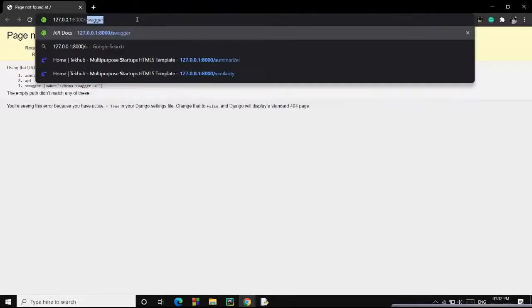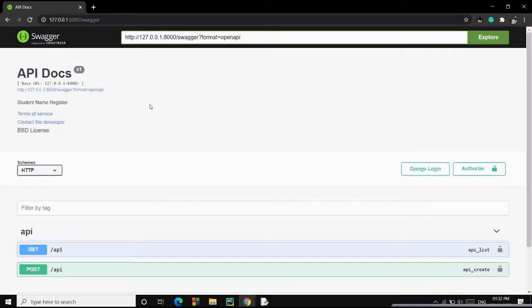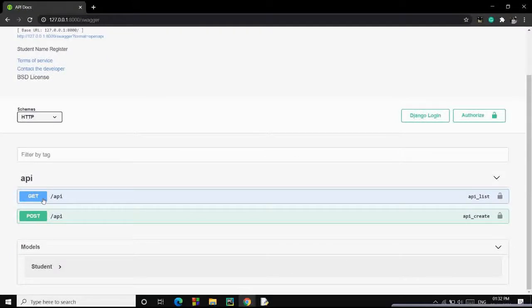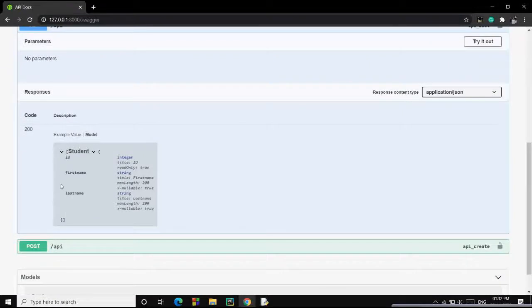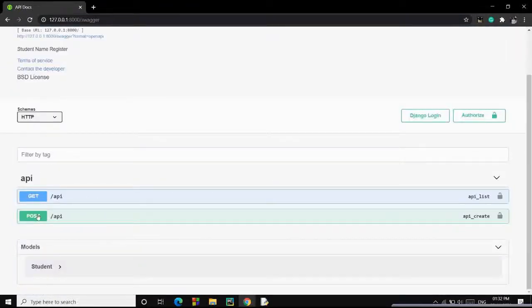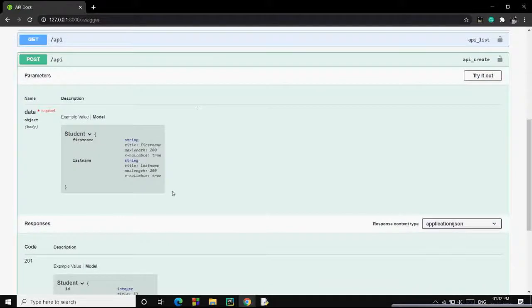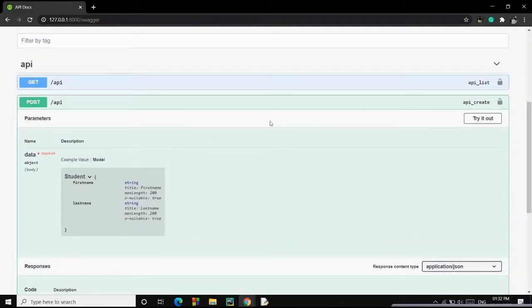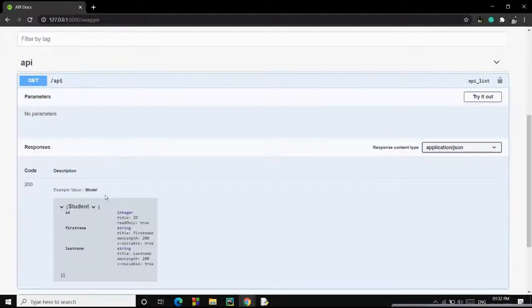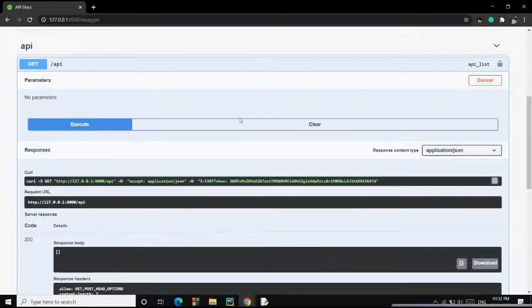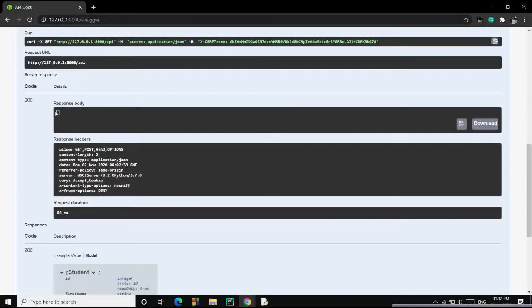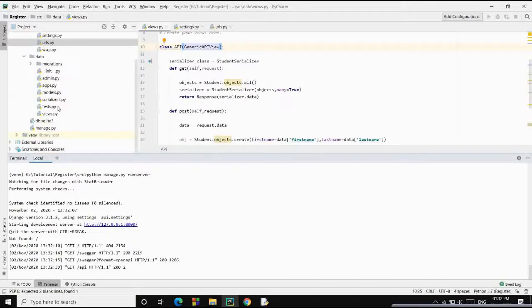Let's go to our Swagger endpoint. So here is our API documentation. We had two endpoints. First of all, the get endpoint, and the second one was the post endpoint. Here it is, our post endpoint and the description of this. So let's try our get endpoint first. Let's pull in our data. I've deleted all the data earlier, and that's why it is showing no data here. Let me check if I have the database.